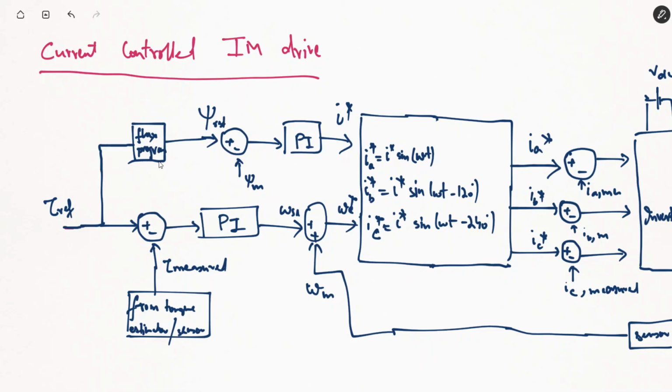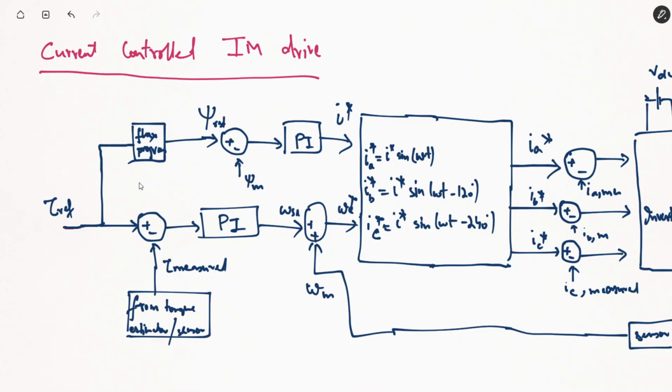So this is another control strategy. So far in the variable voltage and the previous control strategy, torque and flux control strategy, we were controlling the voltage of the induction motor. Now instead of controlling the voltage, we can also control the stator current. The idea behind stator current control is that current rise is much more rapid as compared to the voltage rise. So accordingly, the speed response will be better in case of current control. It will be more dynamic, more robust in case of current control as compared to voltage control.